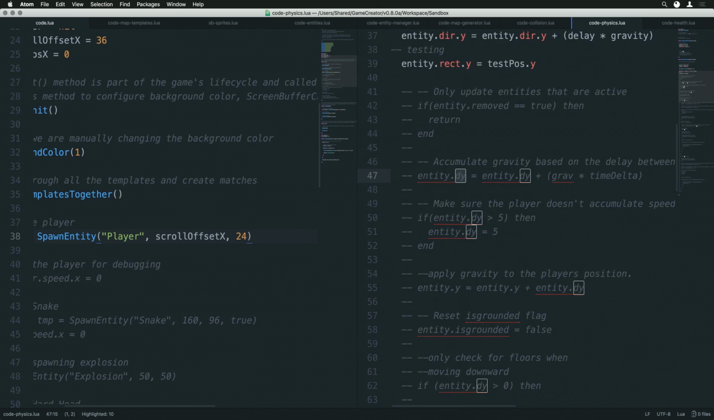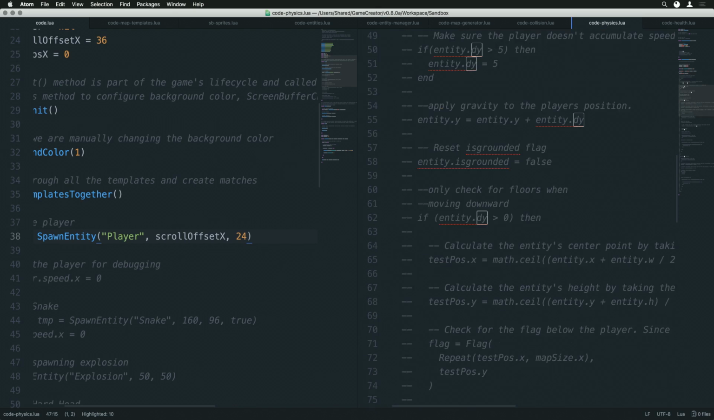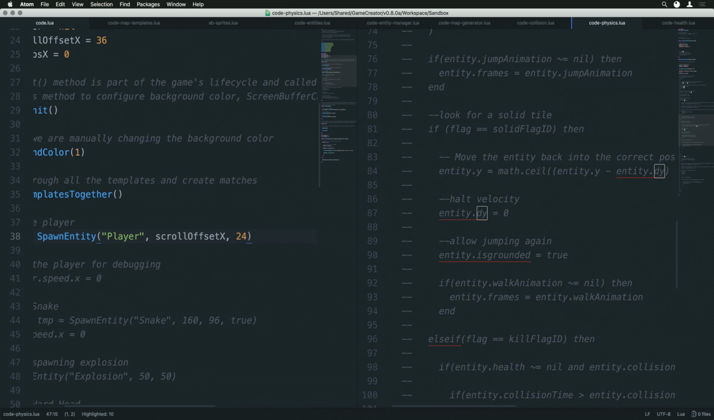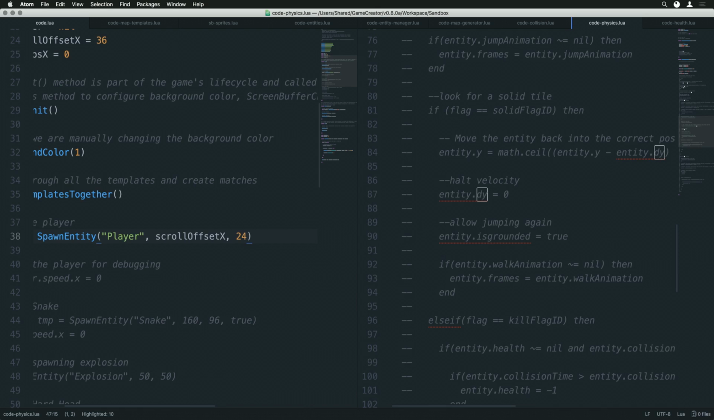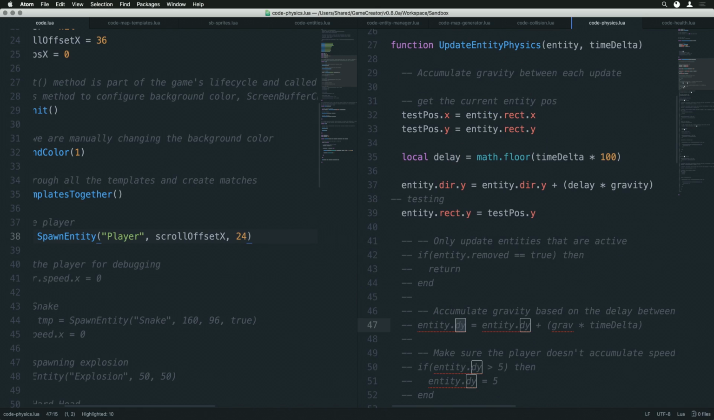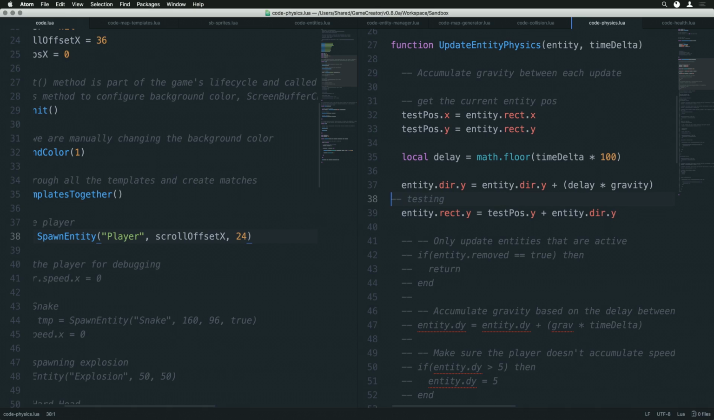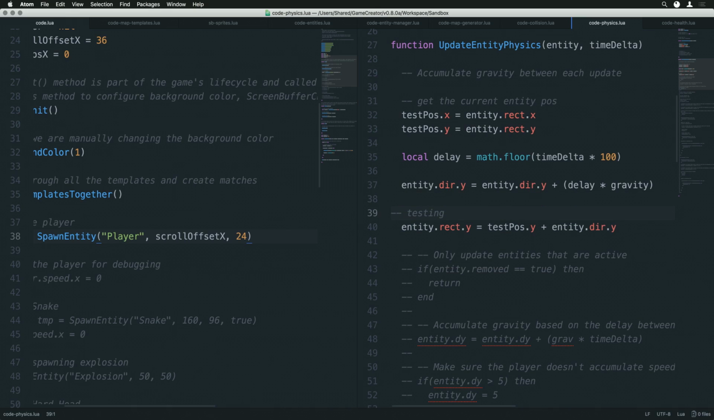Right? And then we don't add. This should be entity, look for a solid tile, entity y, math, entity y plus. All right, so what we're going to do is take the test position plus the direction y. So over every frame, direction y is going to go,